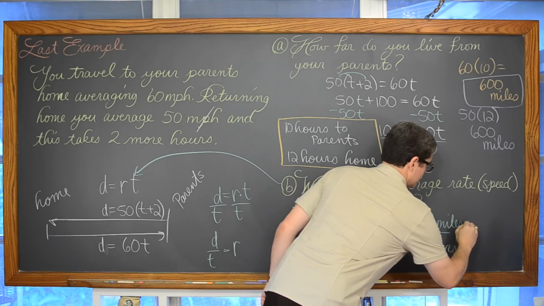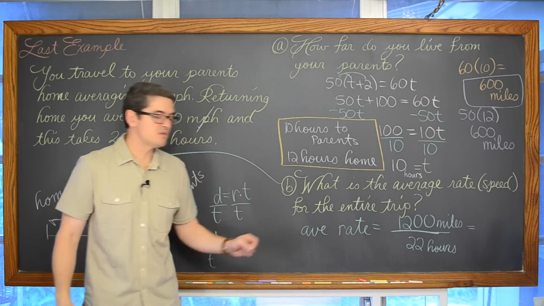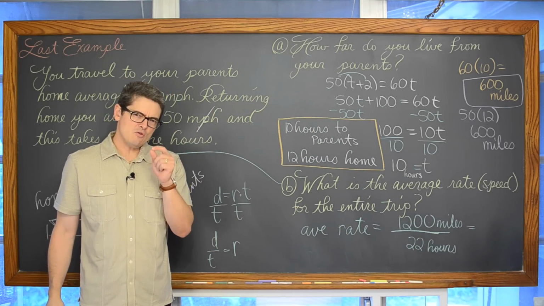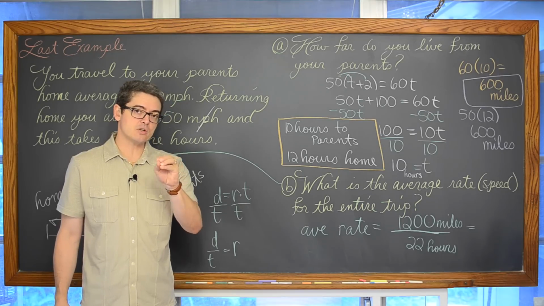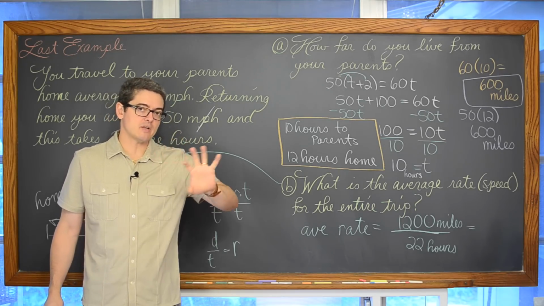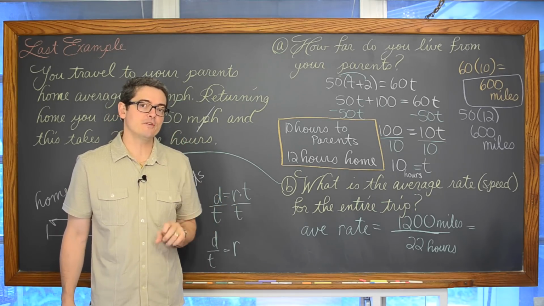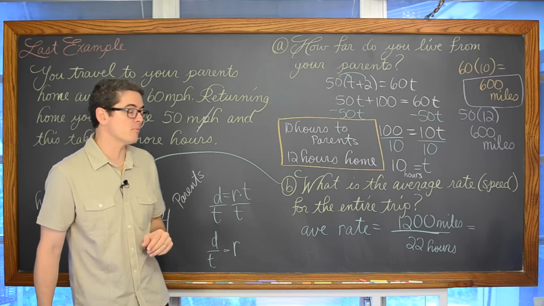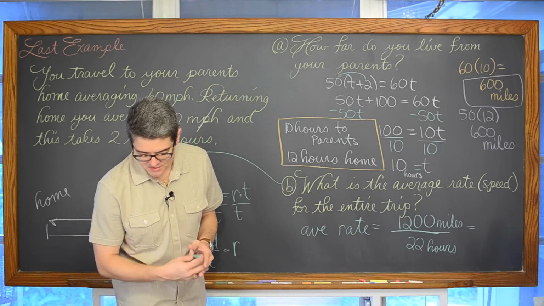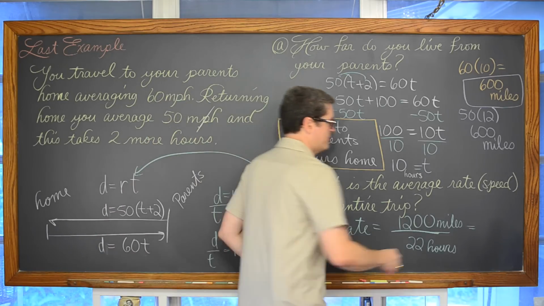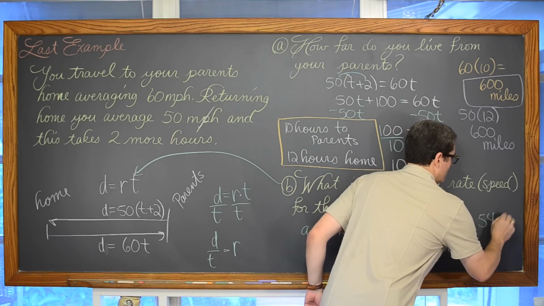of 22 hours, and we drove for 50 miles per hour longer, so the average should not be right in the middle at 55. It should actually be more towards the lower value of 50 because we drove that speed for a longer period of time. And 1,200 miles divided by 22 hours does come out to be 54.5